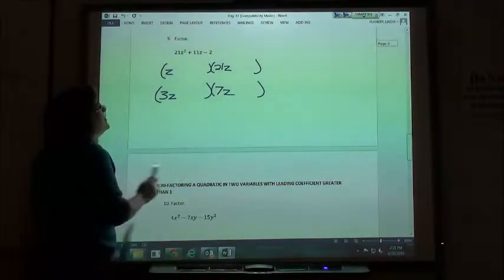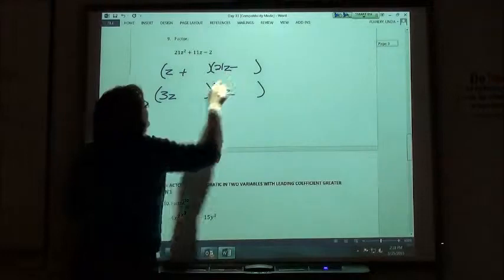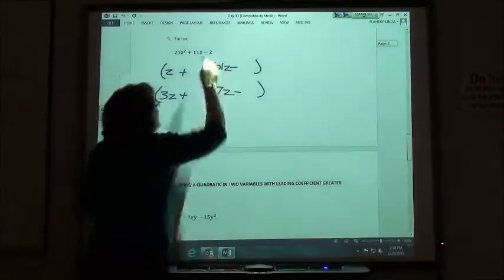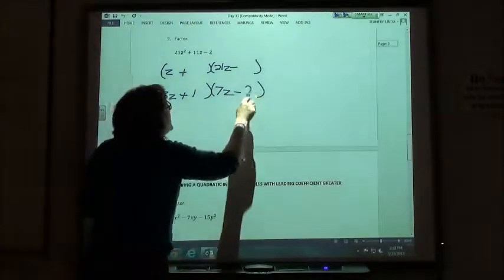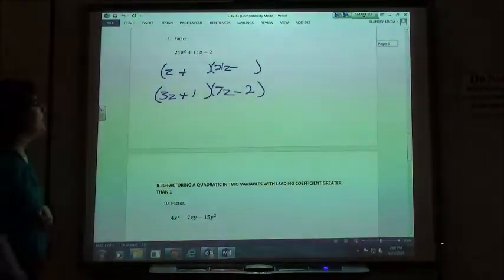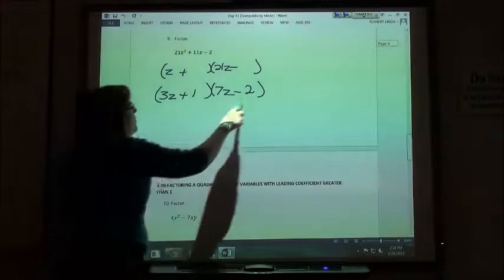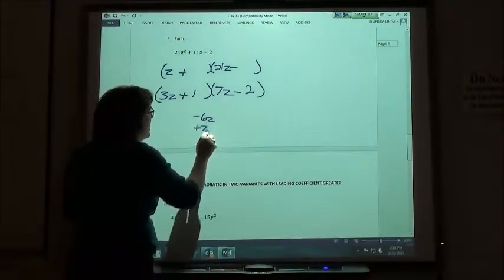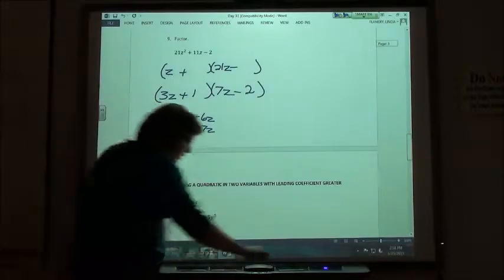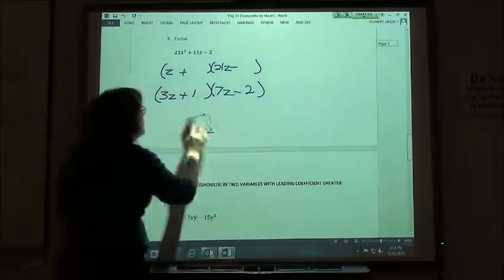One has to be a plus and one has to be a minus. And the only way to get 2 is 1 times 2. I'm going to start with the bottom one because that's my guess is the one that's going to work out right. If I check that, here I'm going to get a negative 6z, here I'm going to get a positive 7z, that's a positive 1, that's not the right way. So then I switch them,